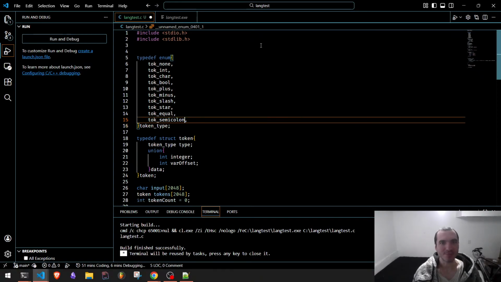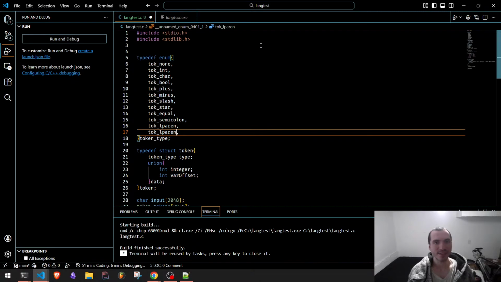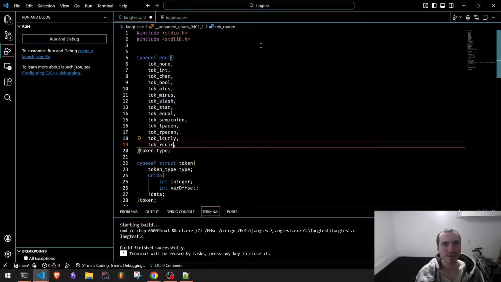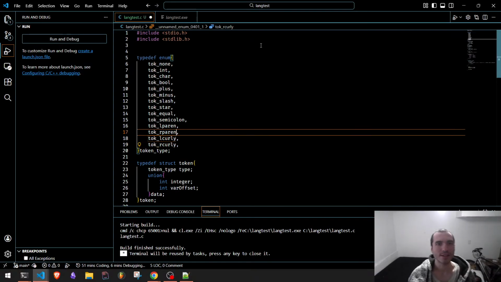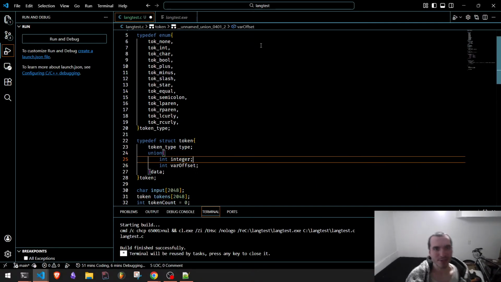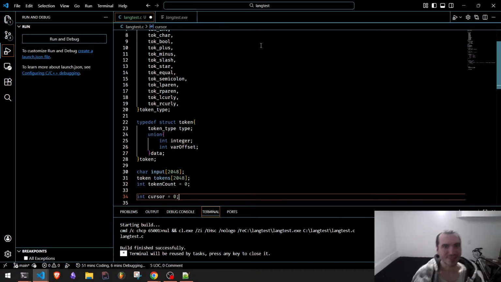I don't know if we're going to get to half of these today, but left paren, right paren, left curly, right curly. That should probably cover everything, and then depending on the token we have, we can make it an integer, we can make it an offset into an array, we can